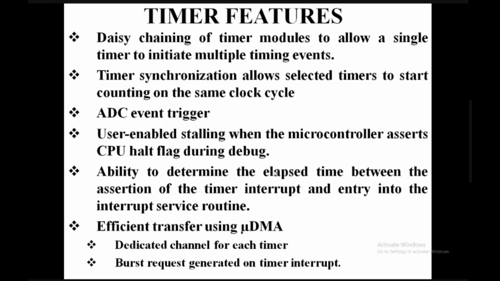Efficient transfer using micro DMA. Direct memory access means without the use of the processor, we can exchange the data between the external peripheral and memory. For example, when we are copying any movies from the SD card to the hard disk, that uses only DMA. When you are copying any large amount of data from the D drive to the E drive, that uses DMA in our PC. Wherever there is a large amount of data transfer, whenever there is a data transfer it always has to go to the accumulator. From that accumulator only it has to go to the memory. So every data going to the accumulator and then to the memory takes a lot of